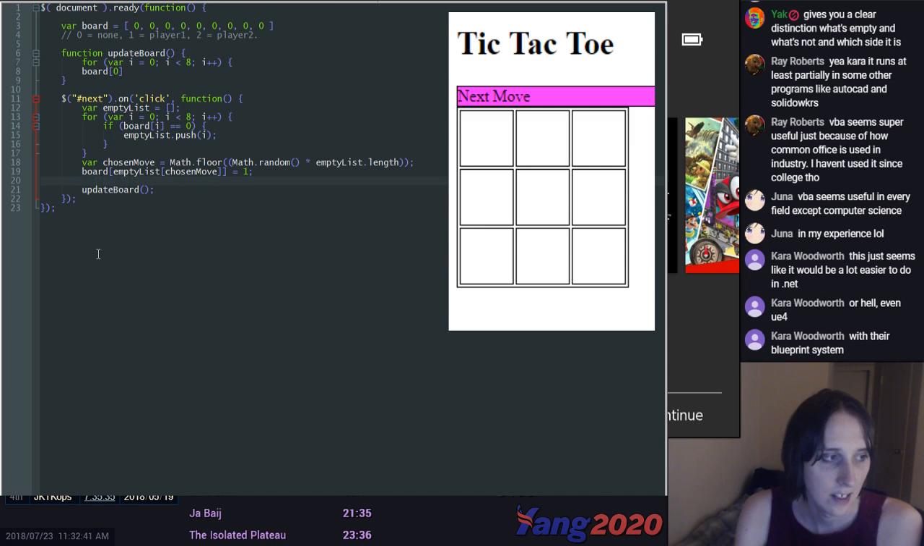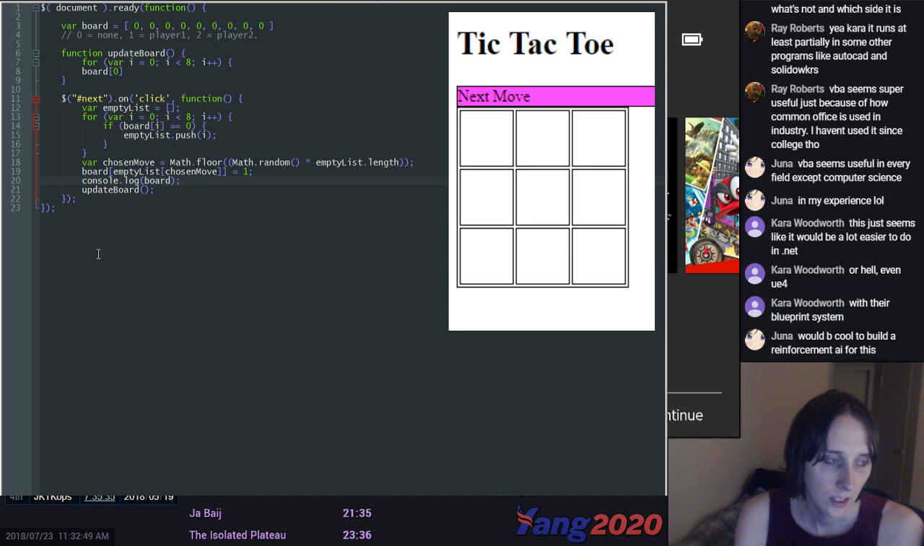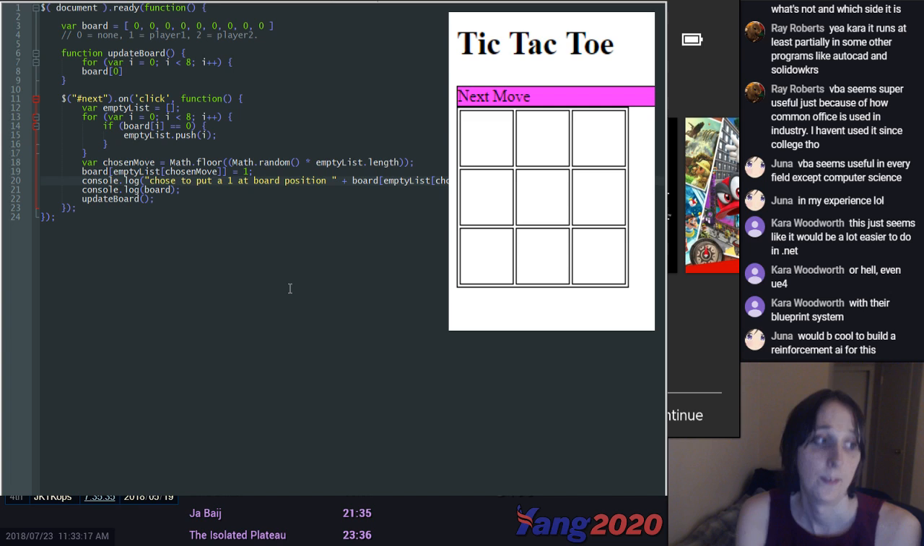It's sort of like I have the data here. It's like console log board. You can see the updated board right there. It shows a move. You could say, chose to put a 1 at board position, boom, right? Yeah, so